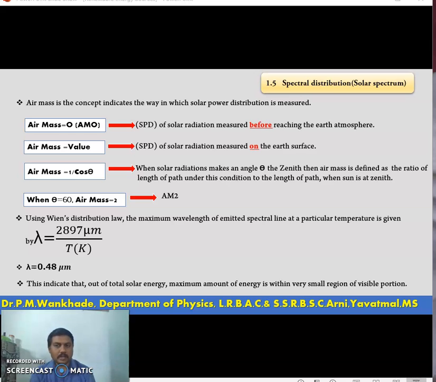So spectral power is maximum at wavelength 0.48 micrometer. The maximum amount out of the total energy is within a very small region of the visible region, that is indicated by the previous